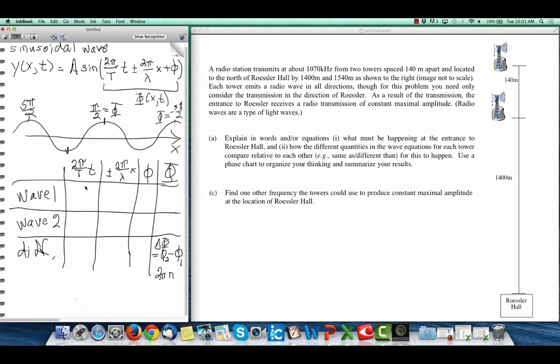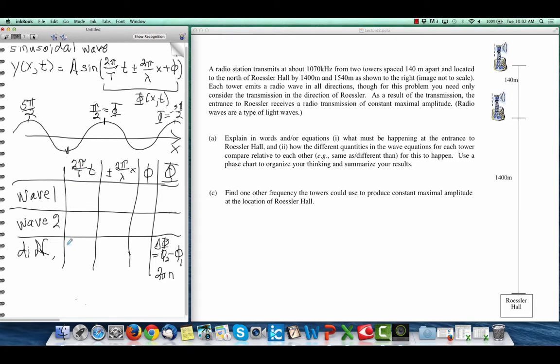Let me tell you one other thing that we always use. We only have one clock. All the times that we work on for all these different sources, if it's 2 p.m. here, it's 2 p.m. at each of those towers. So there is only one time. Both towers put out the same frequency. What does that tell you about